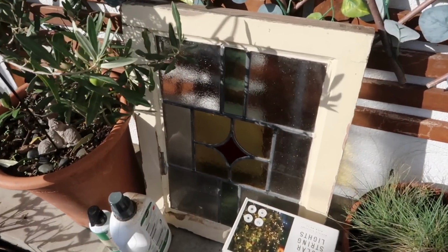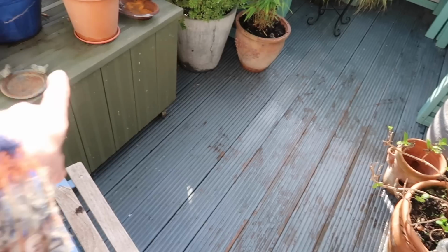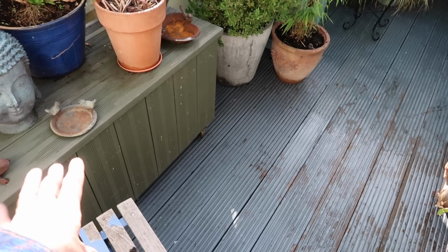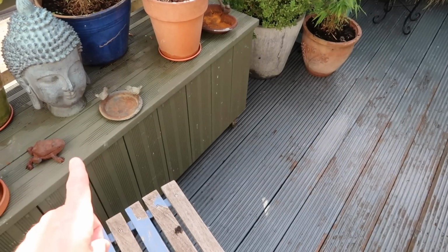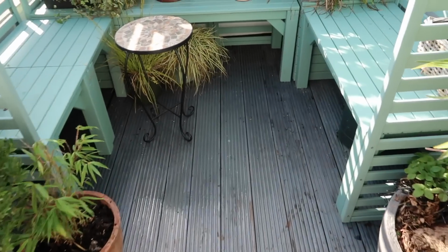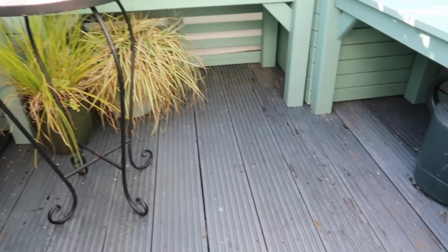This is the stained glass window, because originally I was thinking I might put a shed at the end here, but I decided against that because actually I've got enough storage in here. This thing wheels out. I've got big casters on this, and now I've kept the tarpaulin, a massive one, because you just never know. And with the amount of leaks that I've had now, I want to hang on to a tarpaulin just in case of any emergencies. And also we have got some more storage underneath the benches. Well, not storage, but there's space for storage. So as you can see, I've tucked in the watering can under there and a couple of grasses,